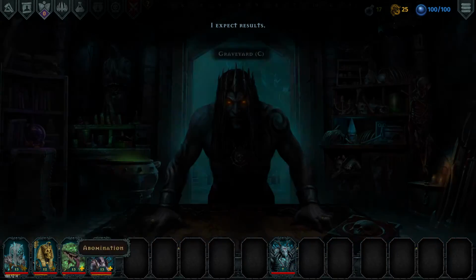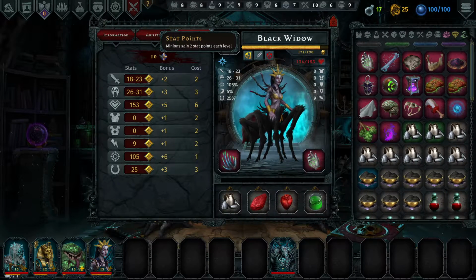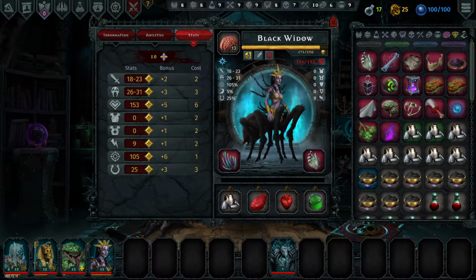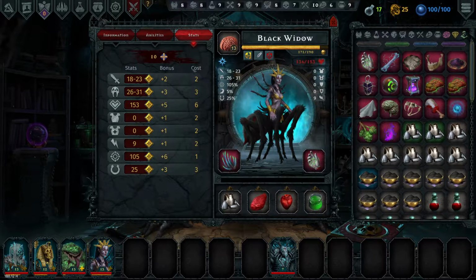Okay, this should be a little bit better at dealing with what... Oh, wait, let's see how many... Oh, you've saved up some stats, Black Widow. Very nice. Very, very nice. Okay, now I feel like we need to get you a little bit more attack and dread at the same time. I did want to get...